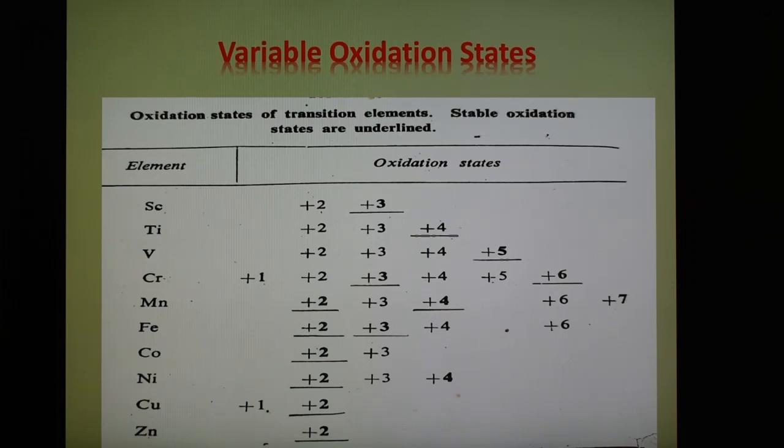Here we can also show the nature of the compounds. Compounds present in a lower oxidation state are generally ionic, and as the oxidation state increases, the ionic character decreases and the covalent character becomes prevalent. The nature of the oxide changes from basic to acidic as the oxidation number increases. This can be obtained from this.